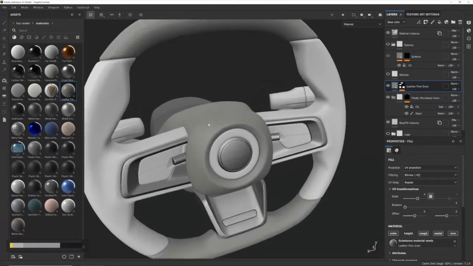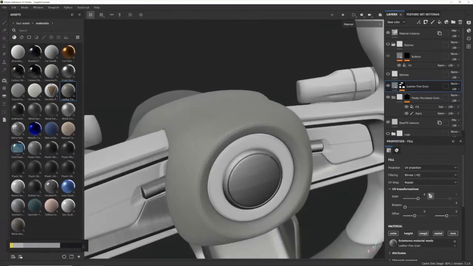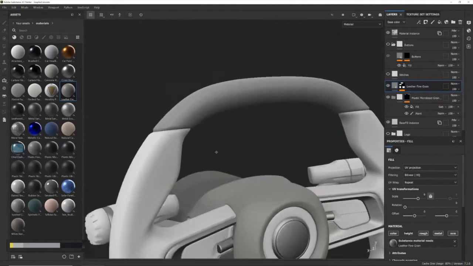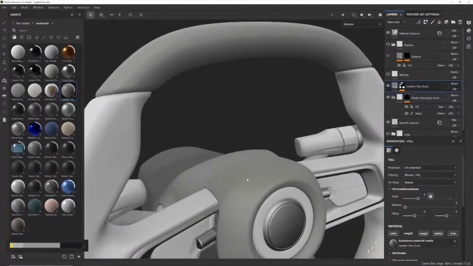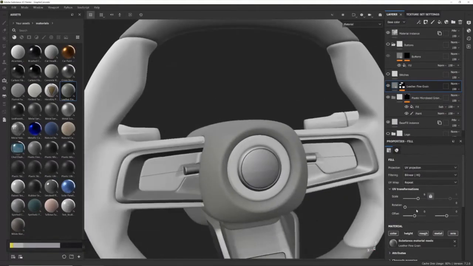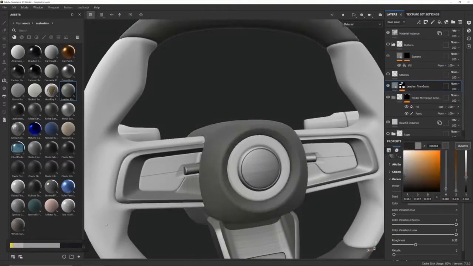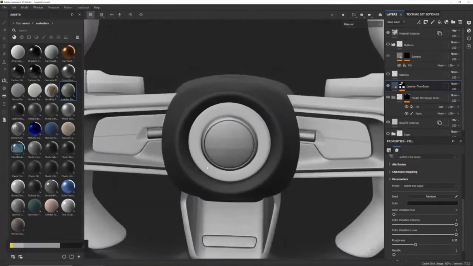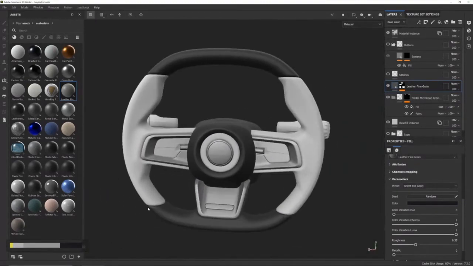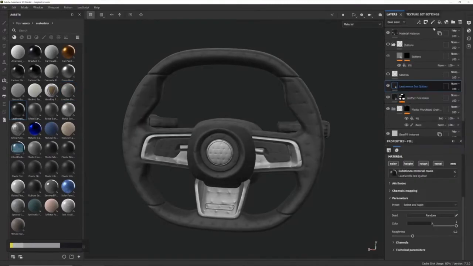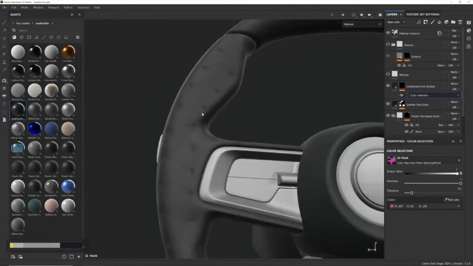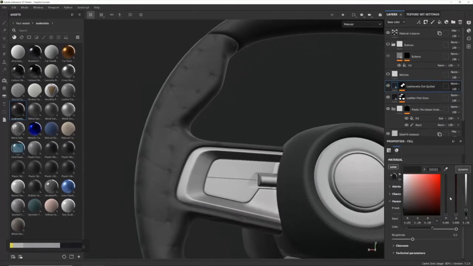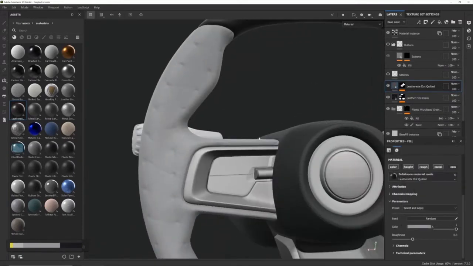A lot of the time I just end up splatting on what she's chosen and just interpreting maybe some of her suggestions on how the grain should flow. So that sort of looks okay to me, except for I think the color is wrong. She wanted sort of a nice dark black here. And on the side grips, we're going to use a leatherette. And same old process, pick a color, apply it to here. And I think she wanted to make some contrast here, so we used a lighter color.